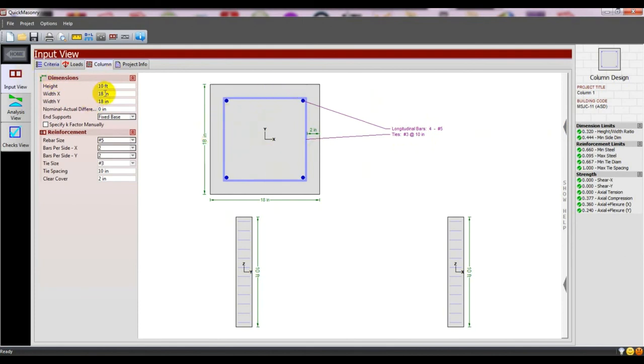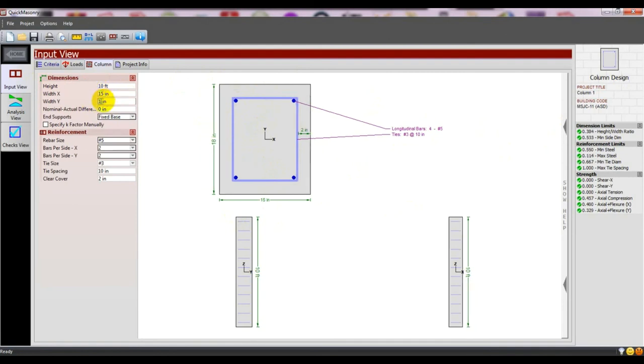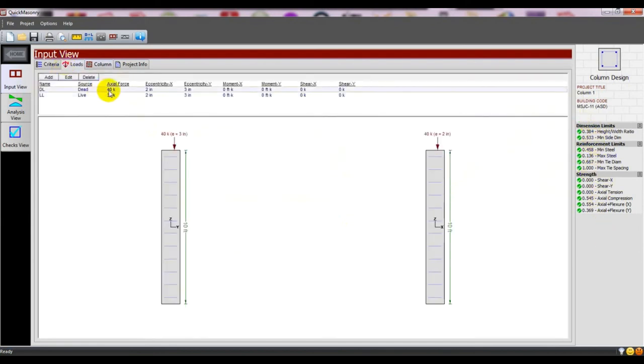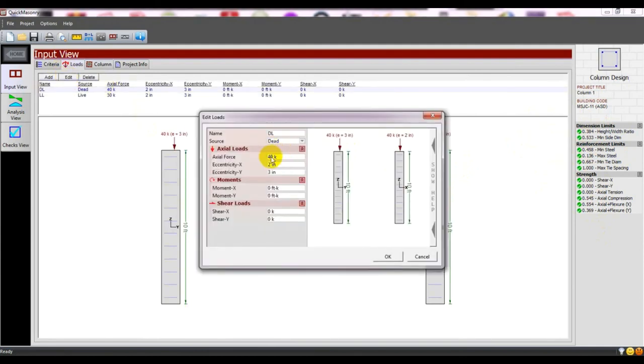So if we decrease our column size to 15 inch into 15 inch, for that criteria our column is also okay. Just see that there is no problem. So if we increase the load here, suppose click, then edit, if we increase the load to 100k, then press